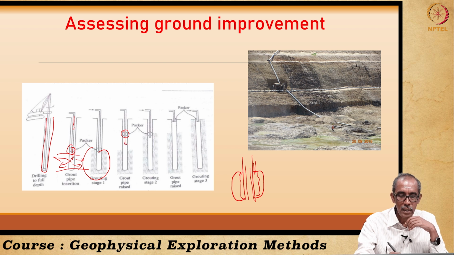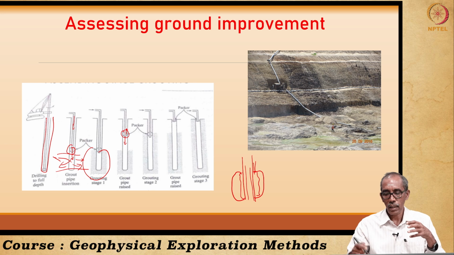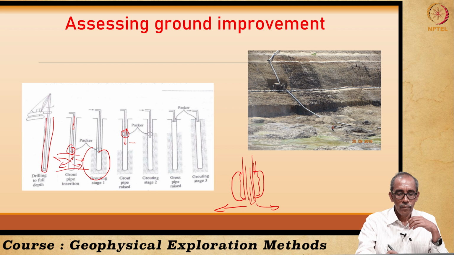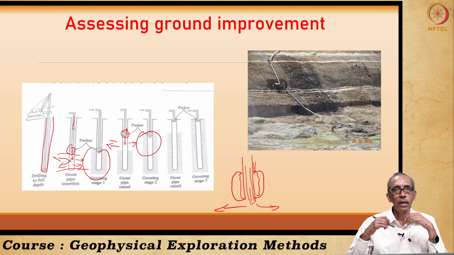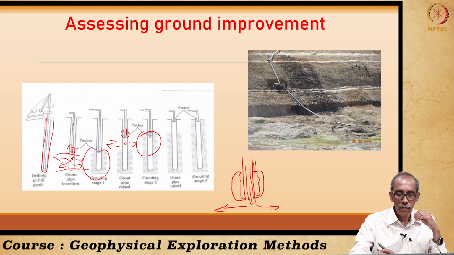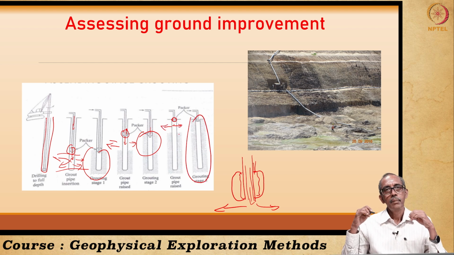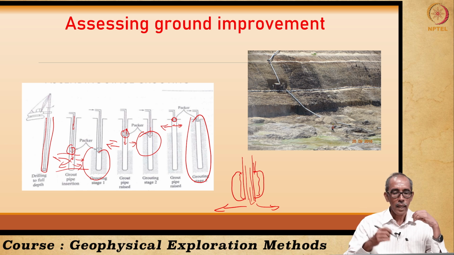That means when you inject the cement slurry with the help of a compressor, the cement slurry cannot escape through the annular space because we have sealed it. The cement slurry is injected, which will be focused into the surrounding formations. It cannot escape out through the borehole we have drilled. So thereby this particular zone is also now grouted. Then we take the packer to the surface and here we seal it, then the injection is done.